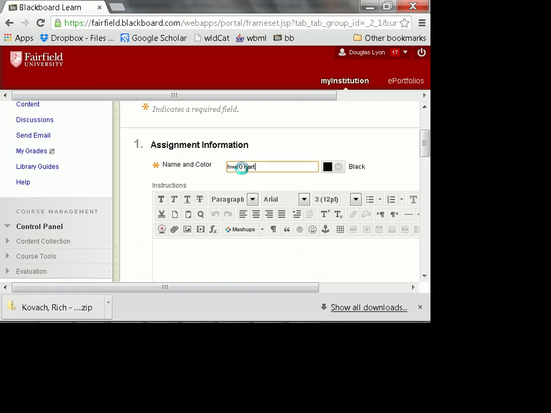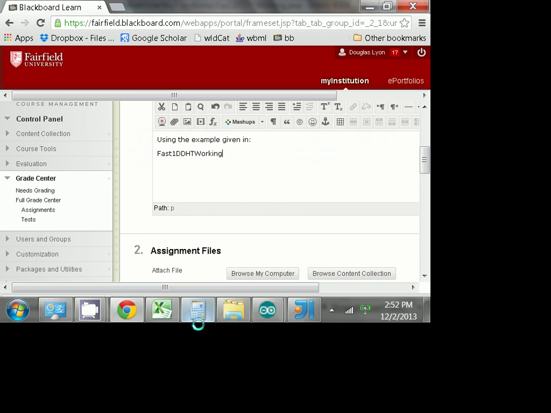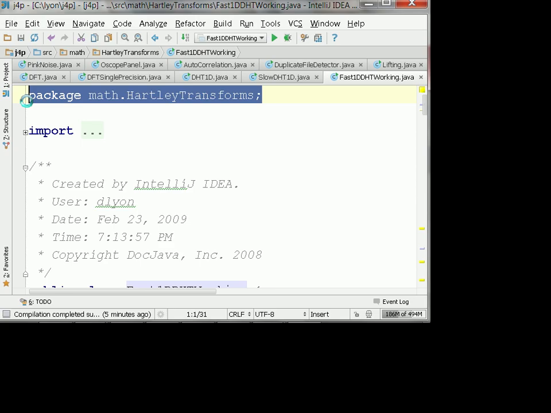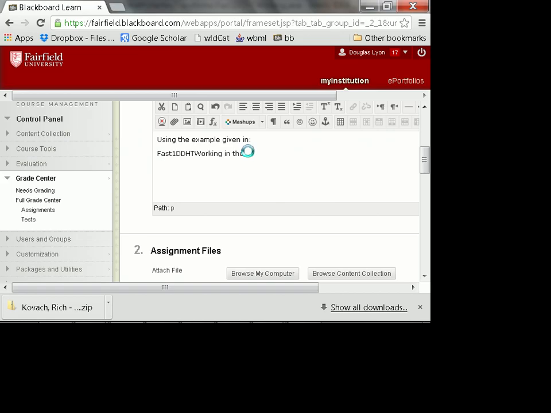This is the Hartley transform, and let me see now. Using the example given in Fast 1D discrete Hartley transform working, which is in the package known as Math Hartley Transforms, in the package Math Hartley Transforms,